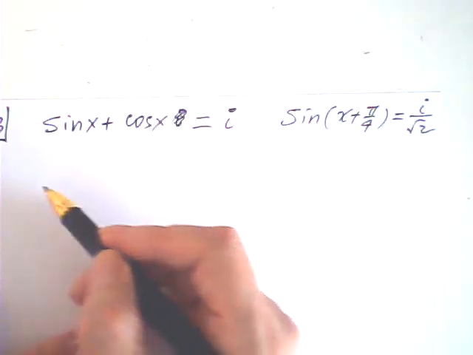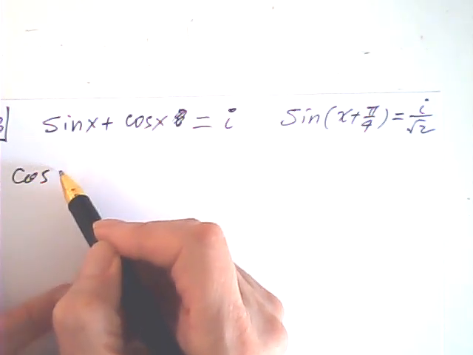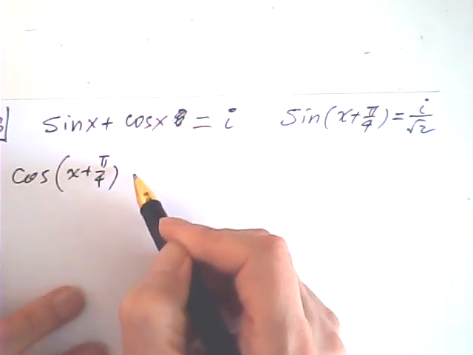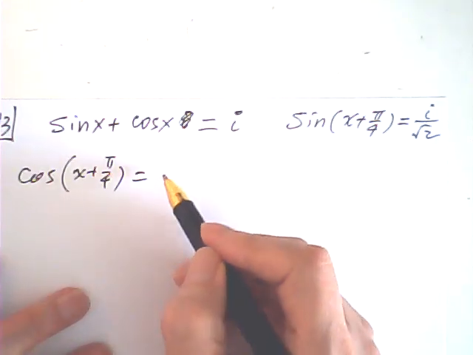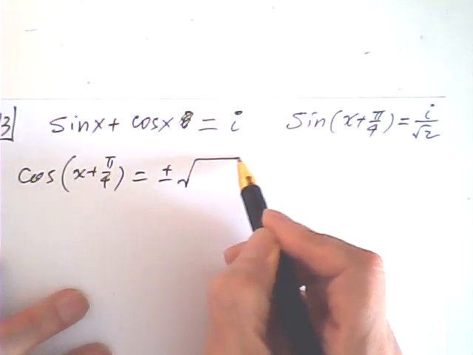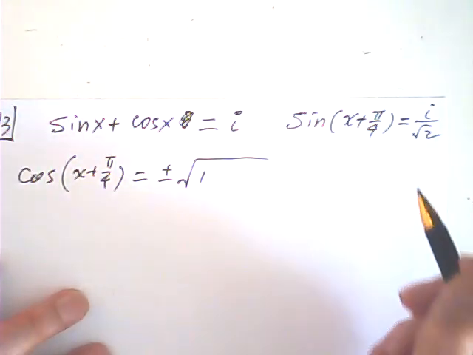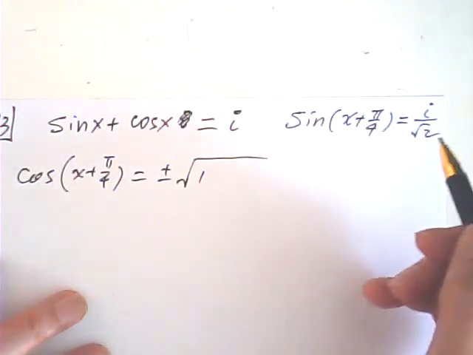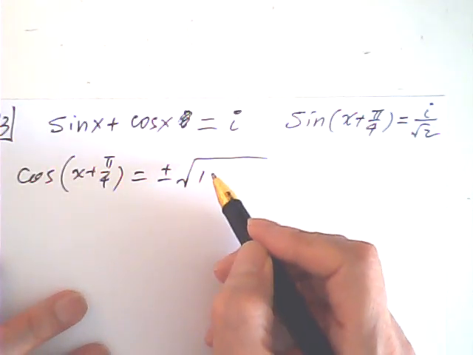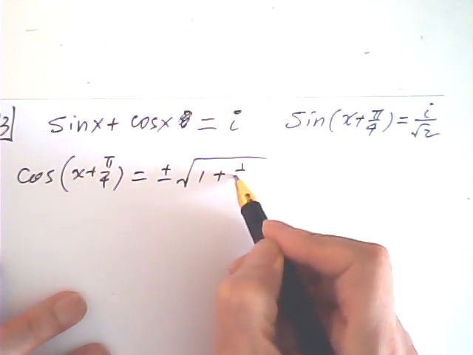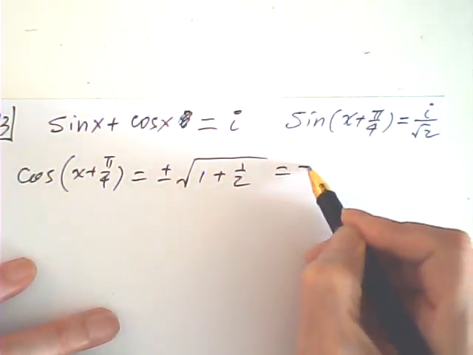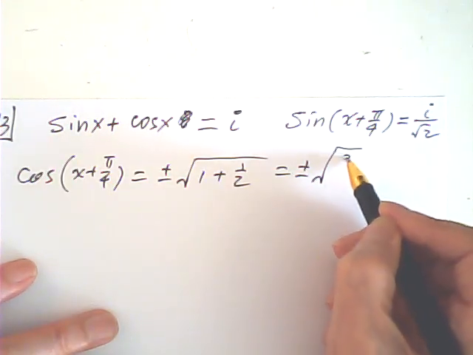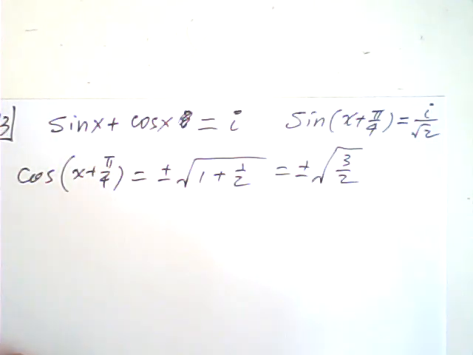Now then, my cosine could be found. Cosine of x plus quarter pi is equal to plus or minus 1. Minus this square, right? This square is negative 1 to 1 over 2. So this is plus or minus,